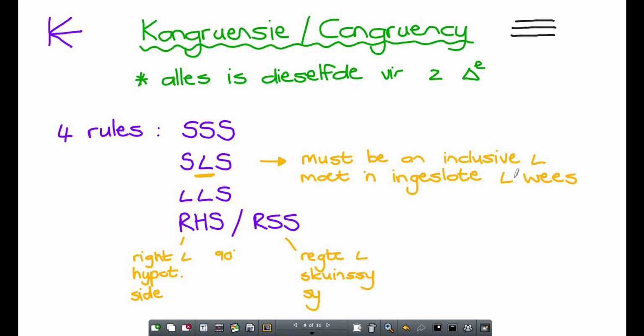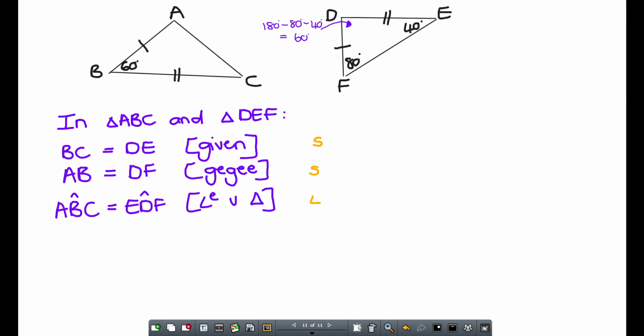We've got to check, is that an inclusive angle? So kom ons gaan kyk gou-gou. Is dit 'n ingeslote hoekie? Is that an inclusive angle? Ja. Sien nou jy skud jou kop, kyk gou-gou hier. Gaan nou so,